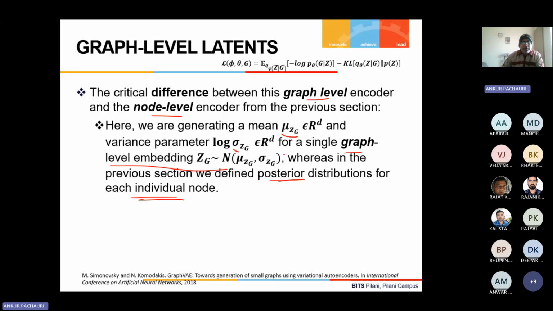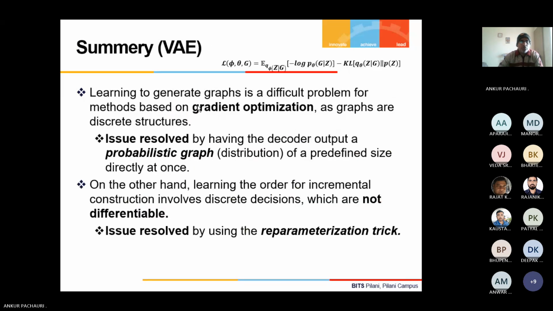And here we are doing it for the whole graph. So this is the difference. This is the only difference between the graph level embedding, graph level latent, and the node level latent. So as a summary,